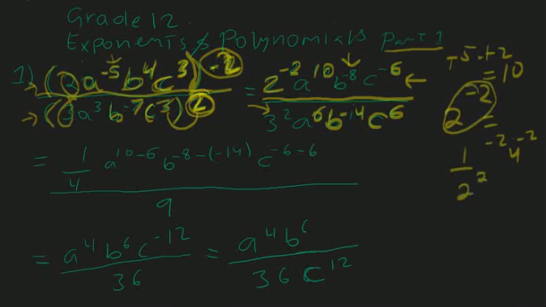So only this negative is going to go away if you put this as a denominator. So this is equal to 1/4, okay? Because in order to multiply, denominator times denominator, this is what we are supposed to do. So now a